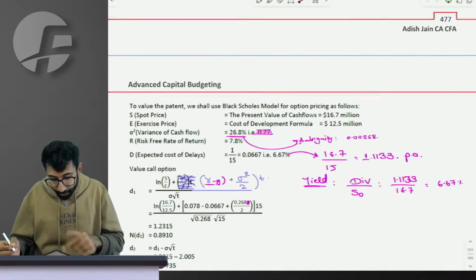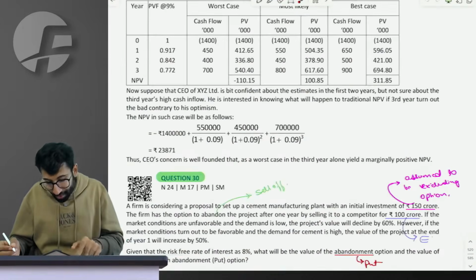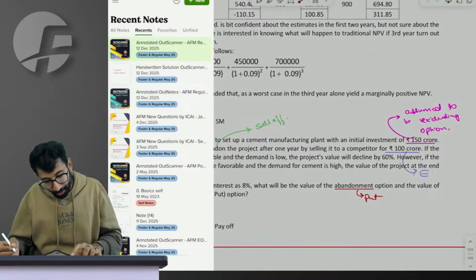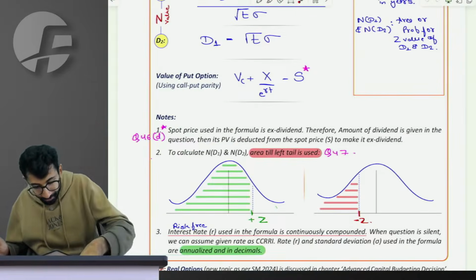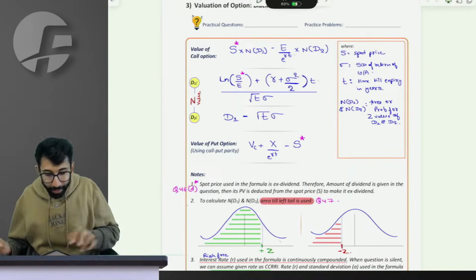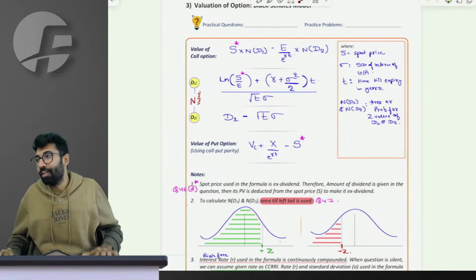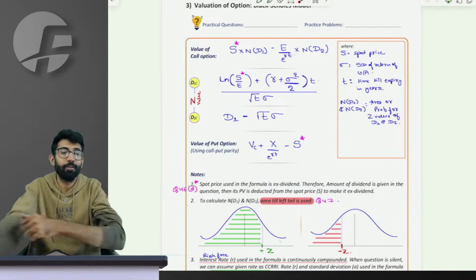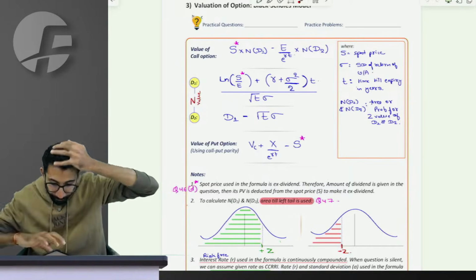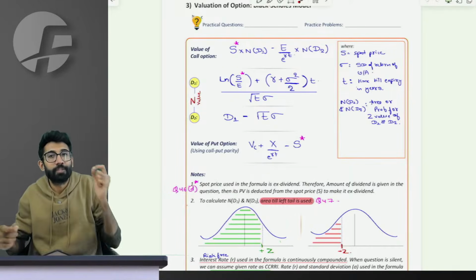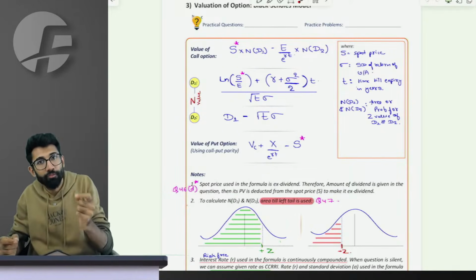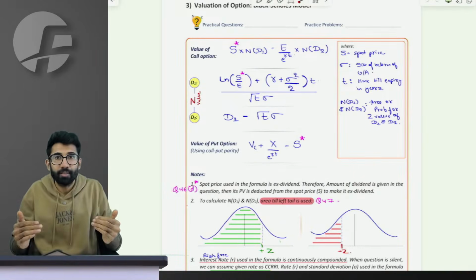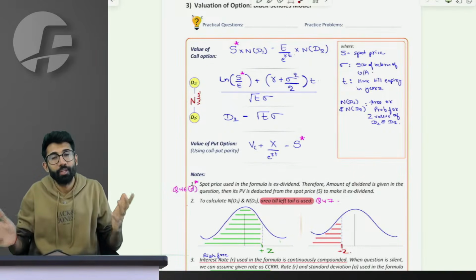So we have done one question of each type, even in the real options. Yes. So I hope the entire discussion that we have done on the chapter of advanced capital budgeting decision is really clear. I have tried my best to explain everything with whatever best clarity I could deliver, the question, the concepts, everything.